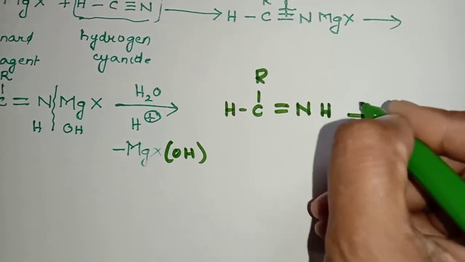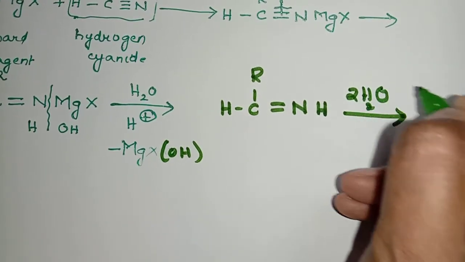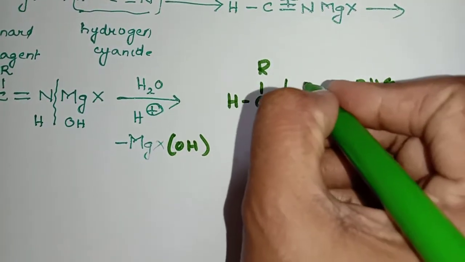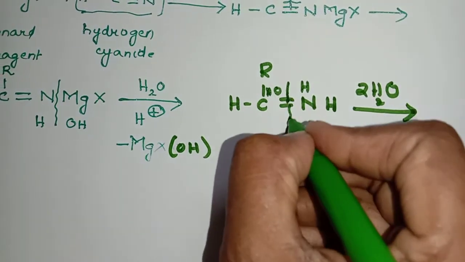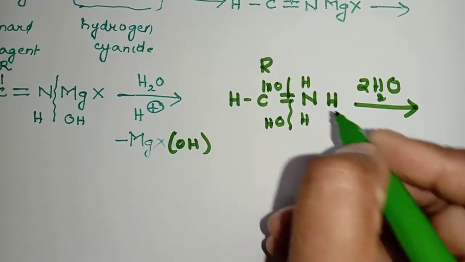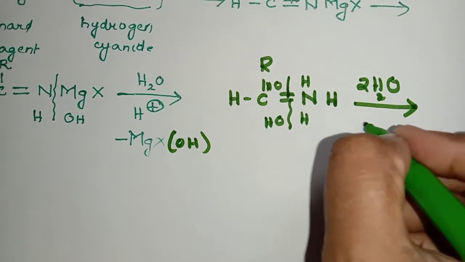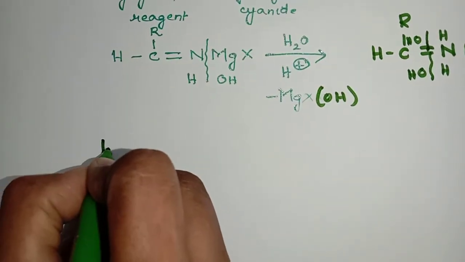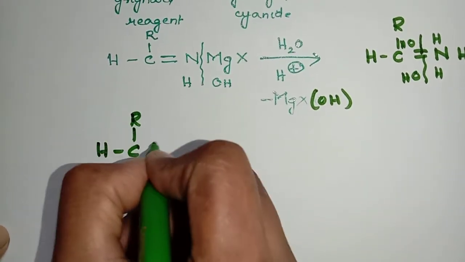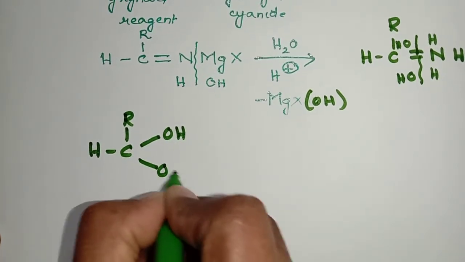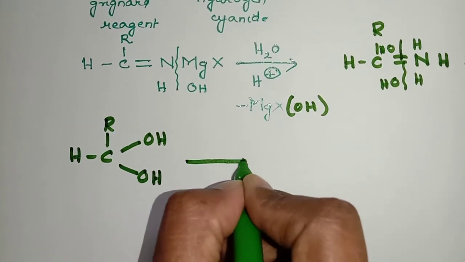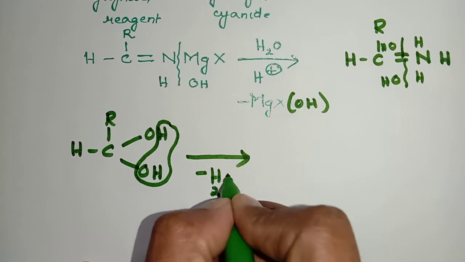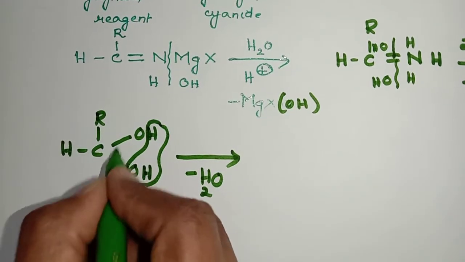This again absorbs two molecules of water. And how does this hydrolysis take place? This bond breaks up and HOH, this bond breaks up HOH. So N with the 3 hydrogens is coming out as minus NH3. And what is remaining? HCR with 2 OH groups on carbon. So this is highly unstable. Again what happens? H and OH come out as H2O. So what is remaining? RCH double bond O.